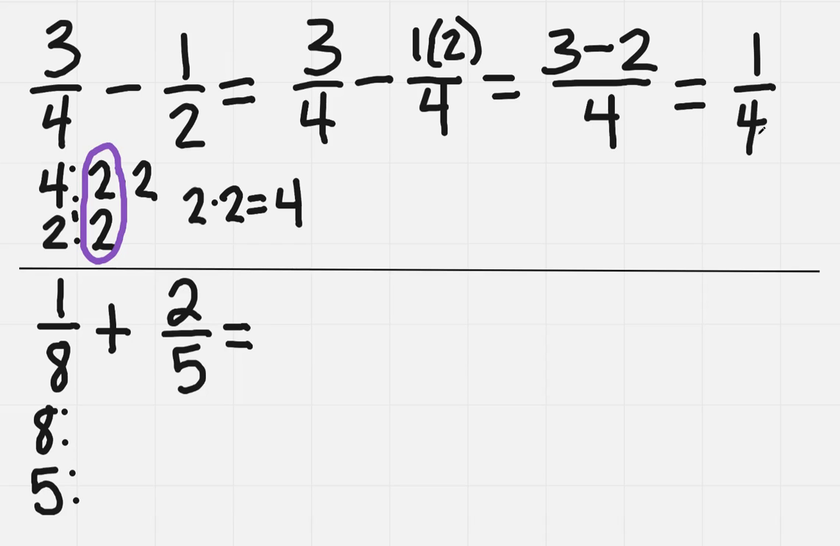Now what happens if it's a little bit harder? We've got 8 and 5. Now some of you right off the bat are going to say, I'm going to take 8 times 5, it's going to be 40. Well, if you want to check and make sure that's right, we're going to find the